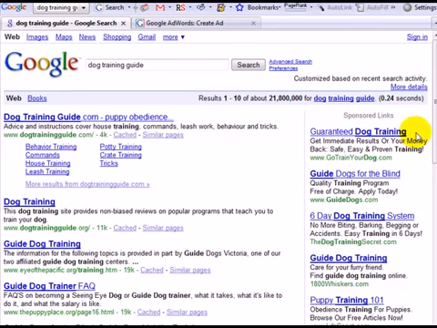Guaranteed dog training. Right there, that jumps out, because if something's guaranteed, that means they must be pretty darn confident that it's going to work. That's pretty cool. Let's see, 6-day dog training system. Sometimes when I think about dog training, I think, wow, it's going to take forever to train my dog. If it's only going to take 6 days, well, that's pretty cool.